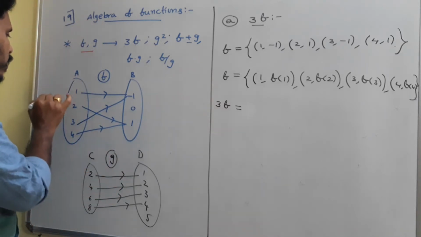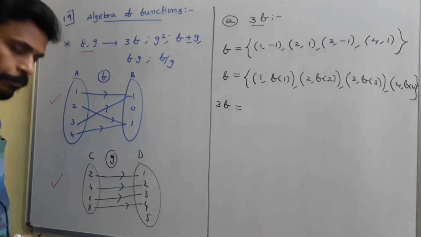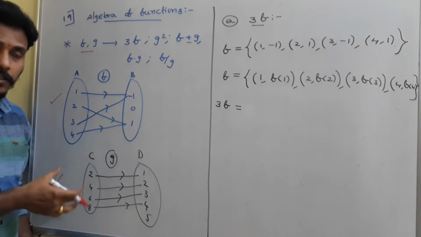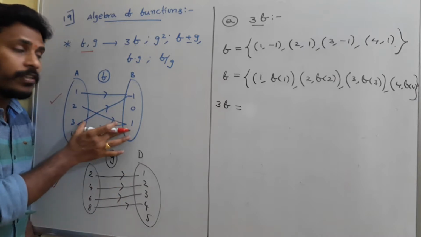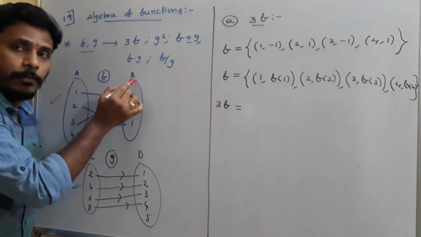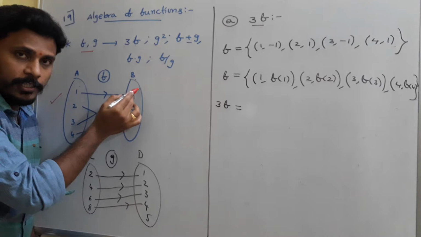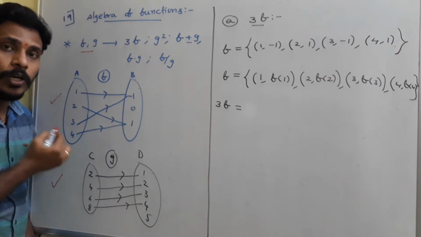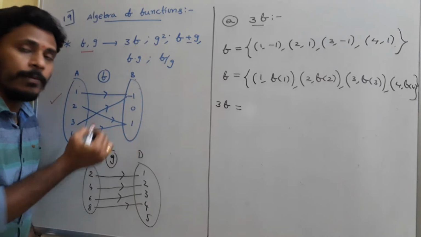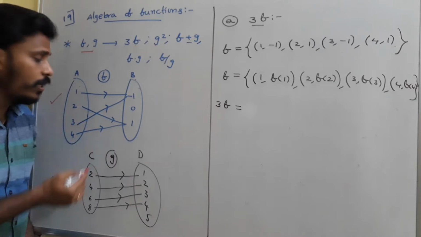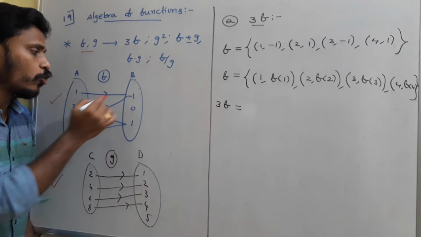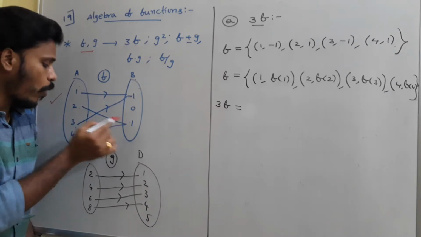Now I am taking two functions f and g. For my convenience, I am taking two functions. See, the arrow diagrammatic representation of these two functions is given. F is a function from set A to set B. So, domain is A, codomain is B. Here in the domain, the elements are 1, 2, 3, 4, and in codomain, the elements are minus 1, 0, 1. I am just connecting the elements of A to B. 1 is to minus 1, 3 to minus 1, right? And 2 to 1 and 4 to 1.